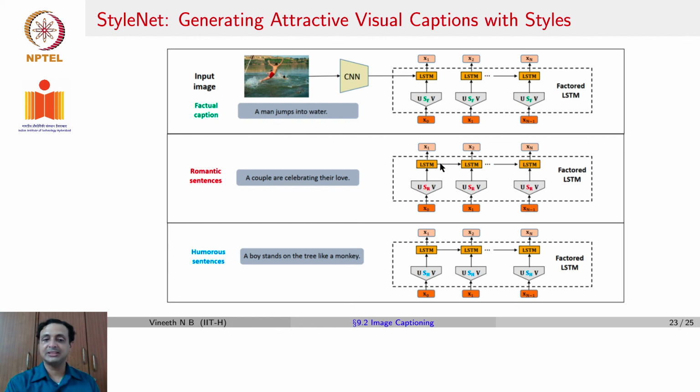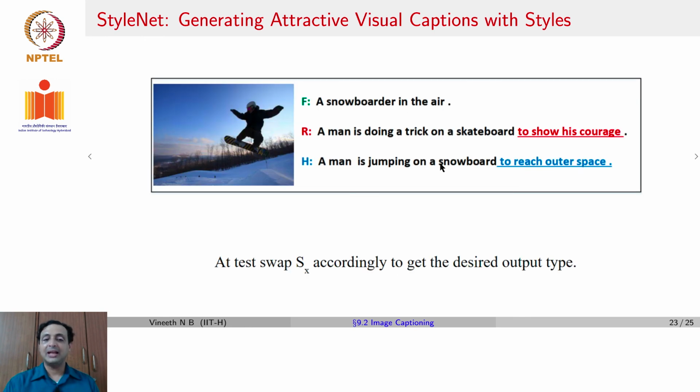Each of these matrices U, SF, SR, SH and V are learnt while training the model. But now at test time, we can swap the SX accordingly to get the desired effect on the caption. So at test time, given an image such as this, you could have a factual caption which states a snowboarder